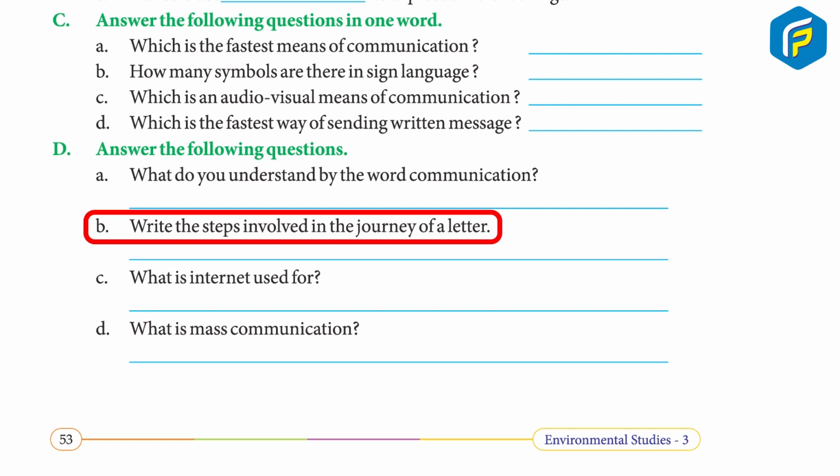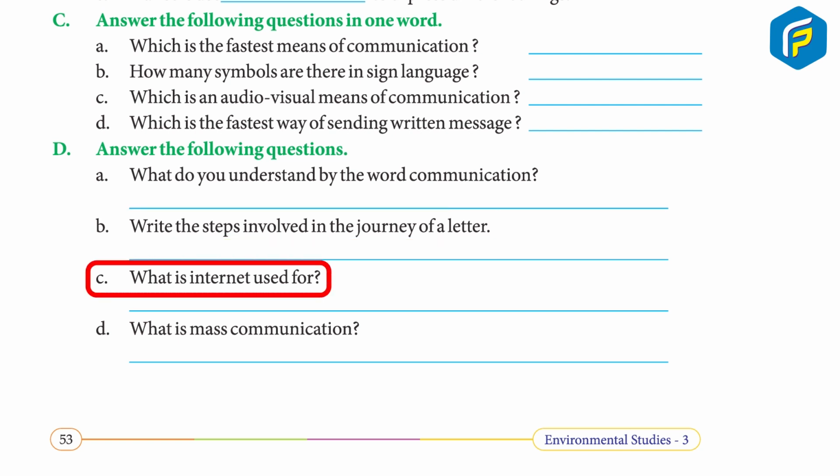5. He takes the letters to the post office where they are stored according to the states and cities. 6. Letters are put in different bags and sent to specific states and places by trains and aeroplanes. 7. Letters are again sorted in the city post office according to the areas. They are sent to the different area post offices in the city by a mail van. 8. The postman delivers the letter to the address mentioned.